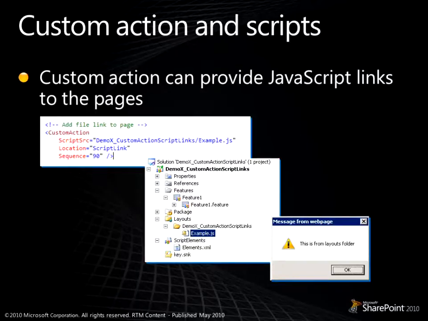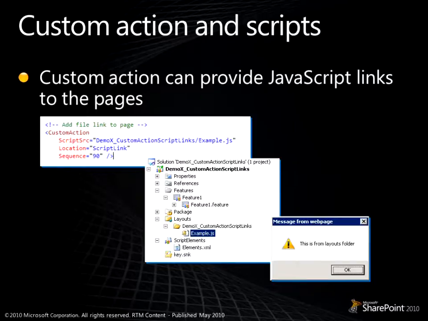Obviously, we need to also deploy our example.js file to the referenced location, which in this case is the folder named as the Visual Studio project, located under the Layouts folder in the 14 root folder. After the JavaScript file has been deployed and the custom action is activated, we can execute any JavaScript commands necessary